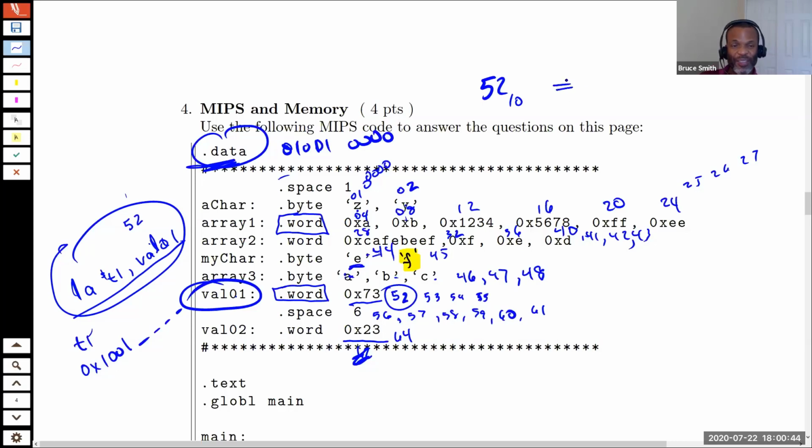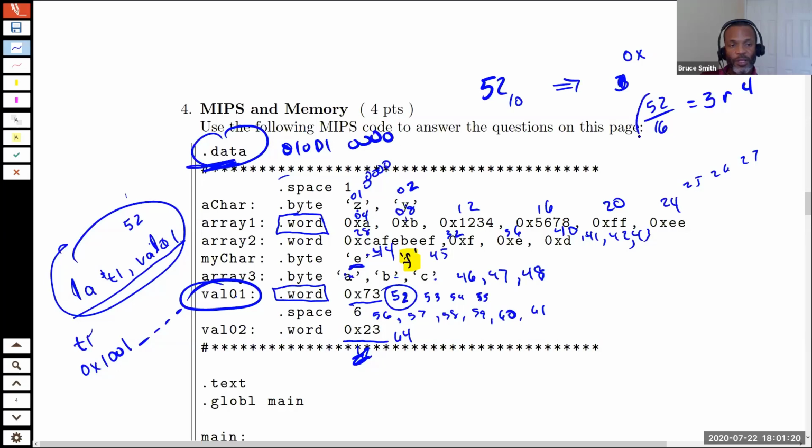But as a hex value, this is going to be 48 plus, well, 16 times 4 would be 64, and 16 times 3 is 48. So if I take my 52 and divide it by 16, it's going to give me a 3 with a remainder of 4. So as a hex value,